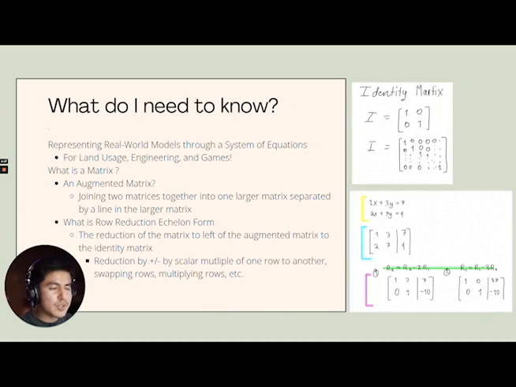So what are we going to really need to know for the Gauss-Jordan algorithm? We definitely know that there's going to be a bunch of systems of equations that represent real-world scenarios for either land usage, games, and, not very surprisingly, engineering, of course. And we're going to use a matrix, which you could use for systems of equations. Right over here, you could represent this in matrices, and also the 7 and 4 over here as